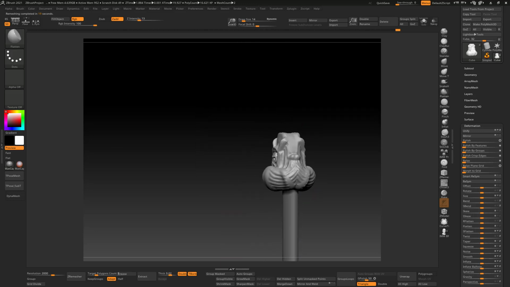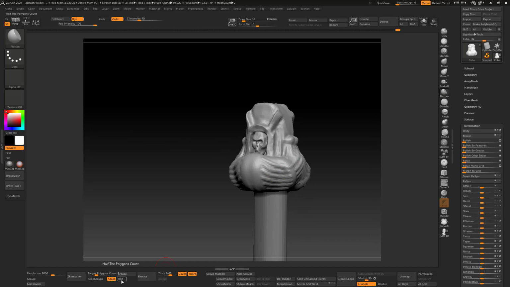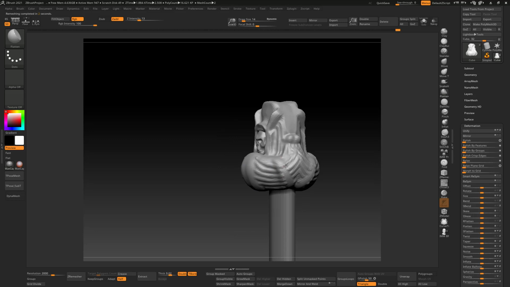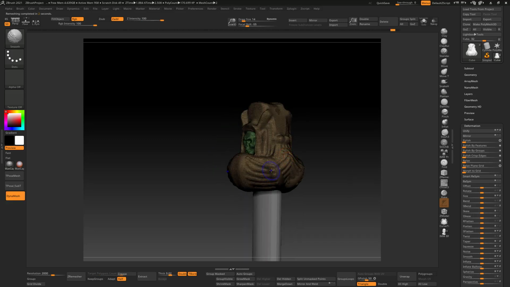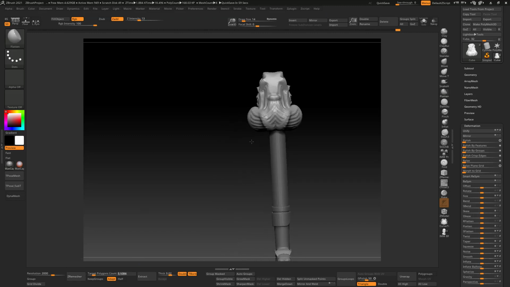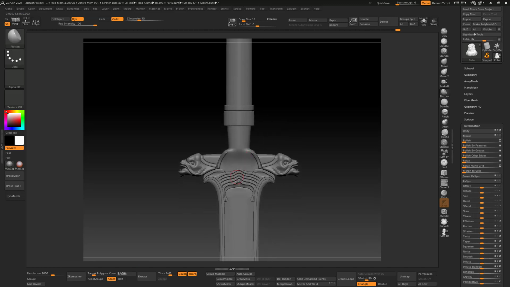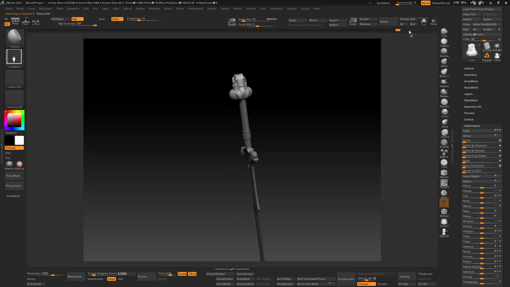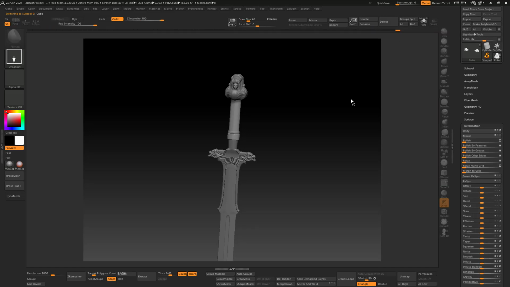Let's see. So it's looking good. We can do it one more time, but this time we'll set it to half. Kind of lost a bit of details, so we'll probably leave it like this. Or you know what? I'm just gonna add in these details later, so I can just remesh it to the lowest value. Kind of gotten the shape and what I intend to do. Okay, so I'm quite happy with this, and we can move on to the next step. So before that, let's just export the ones that we're happy with,